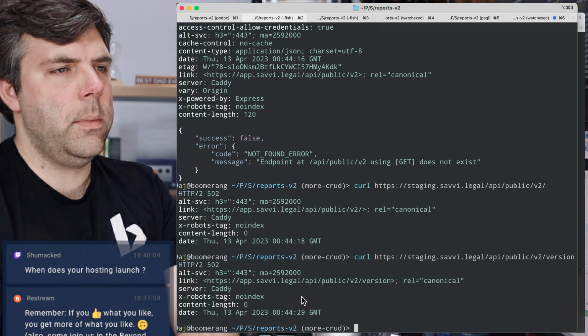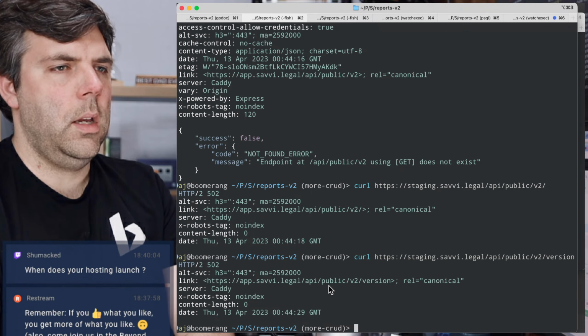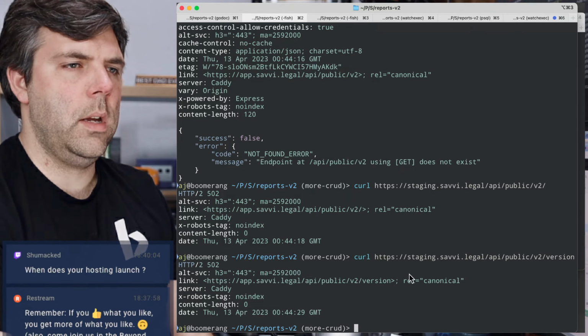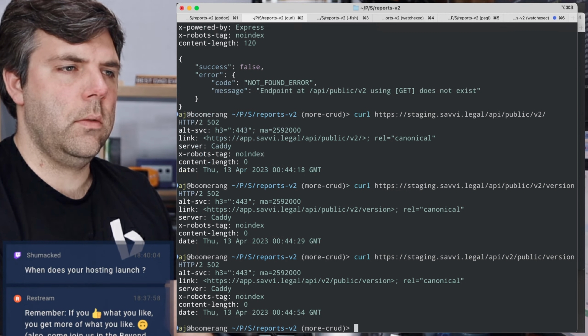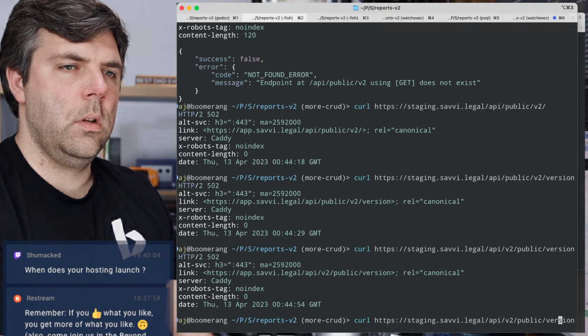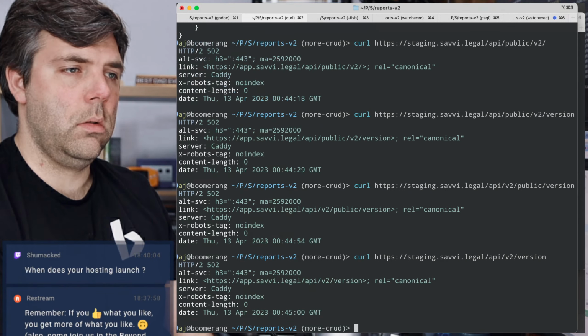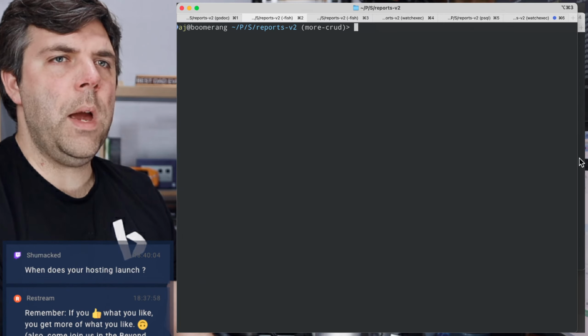Really not sure what to think about this. API public version. Okay, let's try this though. Let's try v2 public version. V2 version.